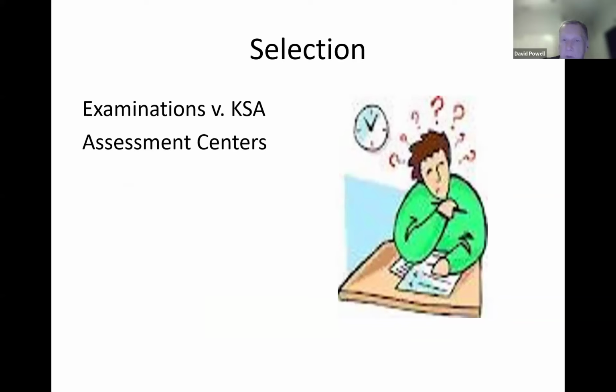The second thing we do in the procurement function is selection. So we have to have some type of an empirical basis to use to decide which applicants are being selected to be offered these job opportunities. Traditionally, in the career civil service system, after the Civil Service Reform Act, we did still rely upon a lot